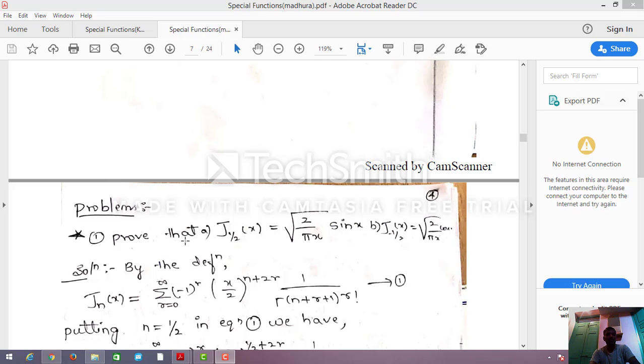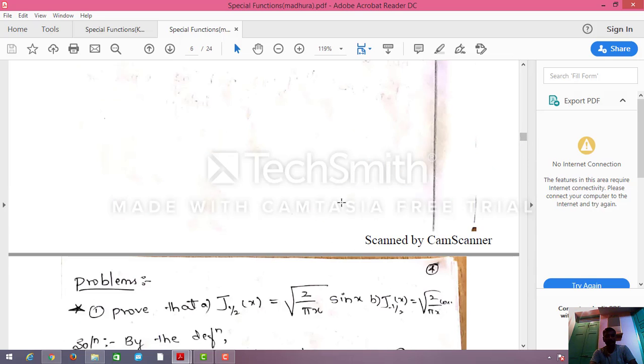Prove that J 1 by 2 of x equals square root of 2 divided by pi x into sin x, and J minus 1 by 2 of x equals square root of 2 divided by pi x into cos x. We know that by definition